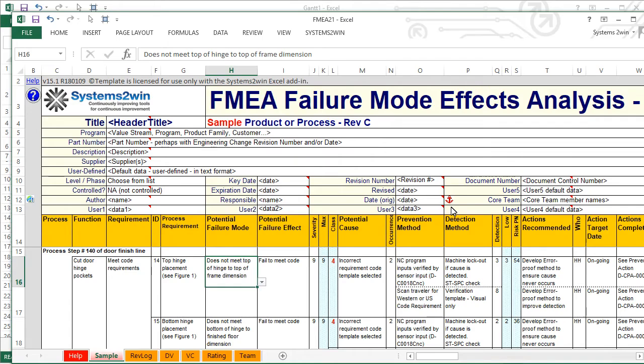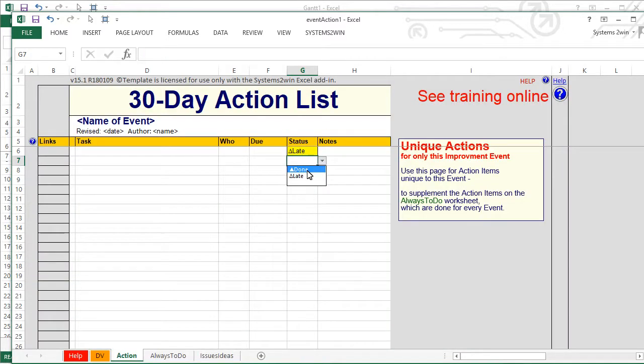For example, you might personalize the drop-down lists in your FMEA template for a list of what can go wrong in your industry or your organization, and how bad would be the effects if one of those things went wrong, and what might be the causes of that going wrong. You will find personalizable drop-down lists in many of your Systems to Win templates.